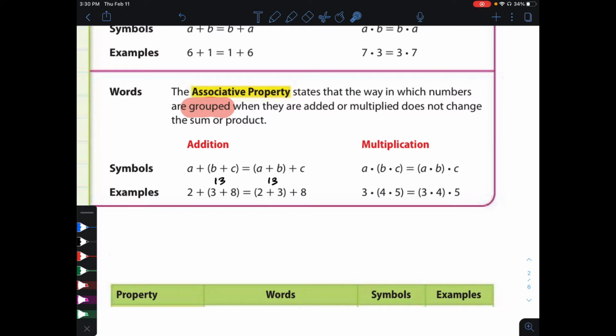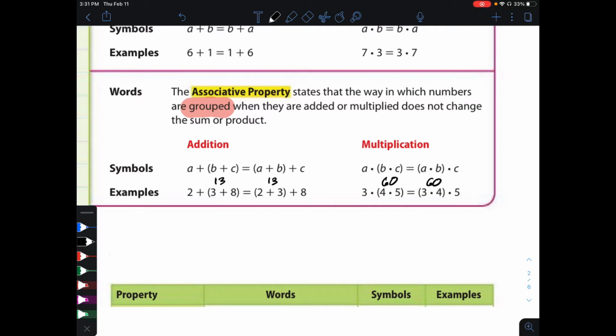Now, if we take a look at an example, 3 times the quantity 4 times 5 is equal to the quantity 3 times 4 times 5. Again, the order did not change: 3, 4, 5. The grouping changed. Here you multiply 4 times 5 first before you multiply it by 3. Here you multiply 3 times 4 before you multiply it by 5. Now if you notice, this is 20 times 3 is 60. This is 12 times 5 is also 60. So this is how the associative property works in both addition and